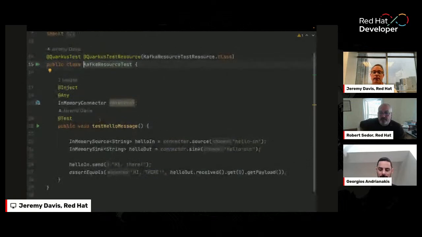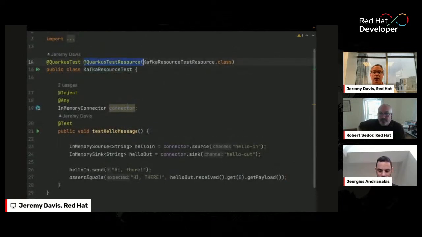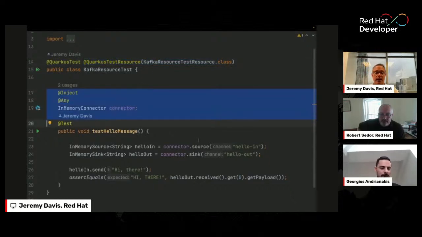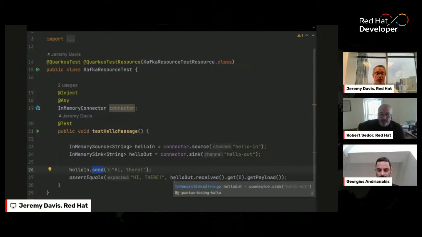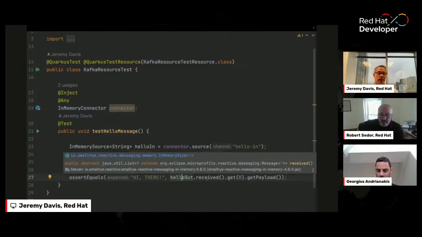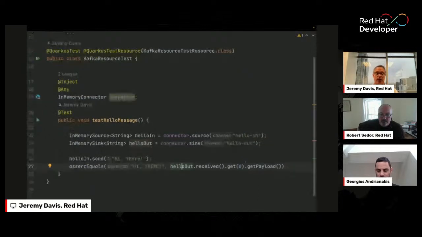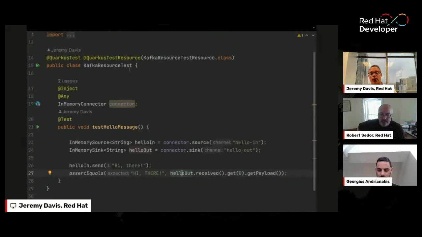And my test, I've got my Kafka resource, right? So I'm going to have access to any of those objects. I'm going to inject my in-memory connector, and I'm going to get a sink, and then I'm going to send this in to my source. I'm going to say hi there, and then I'm going to expect this to come back in caps, right? So my sink is going to receive, and I'm going to get the payload. So the receive, get the first thing that I receive, and get the payload. So when I run this test,